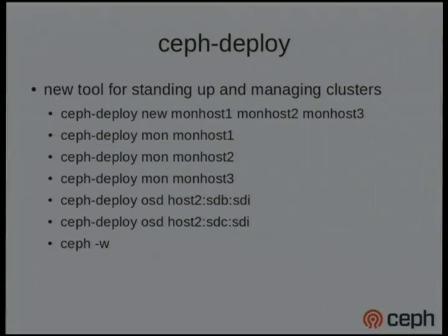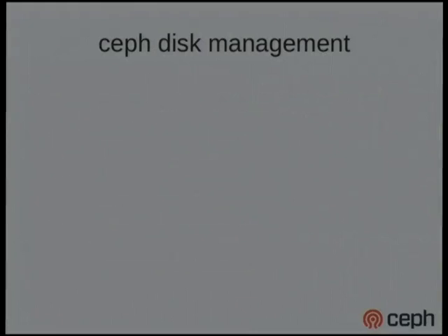And then maybe some time goes by, I need some more storage, and so I can run it again, and I can create another OSD on another node. So the idea here is to make it very simple to bring up new clusters and to take existing ones and expand them. In sort of the large-scale deployment world, that isn't actually a very